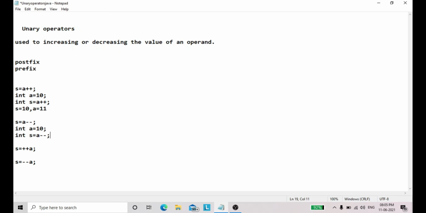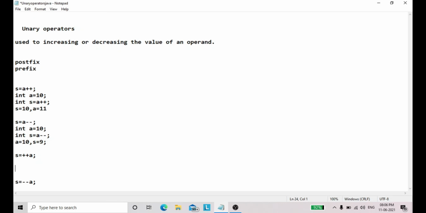What will be the value of s = a--? Here the value of a is 9 and the value of s is 10 will come. First that will assign, then that will decrement.